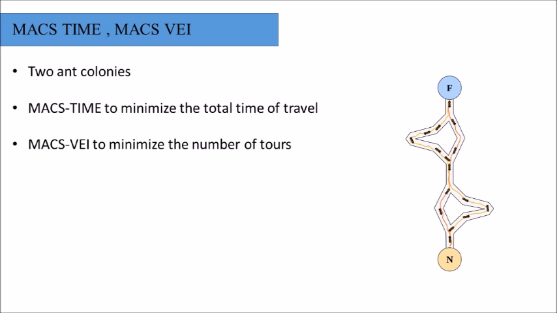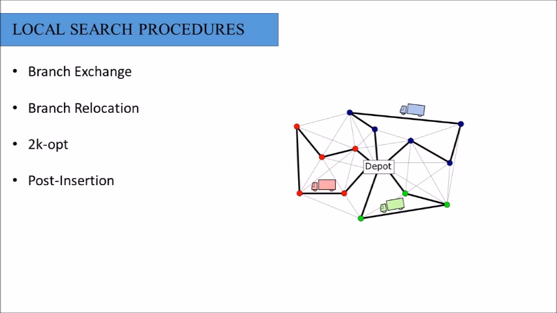Each colony has different objectives to solve. One is to minimize the travel time, and the other is to minimize the number of trips. Each of these ant colony systems has a group of ants that explores the feasible region. Also, as the local search procedures expedite the process of exploration of the feasible region and guide towards the local optimal solution,